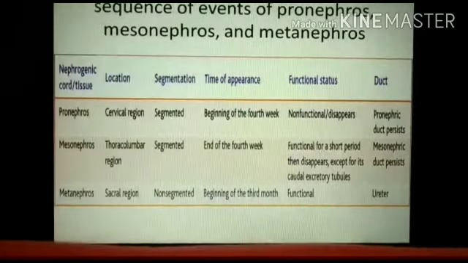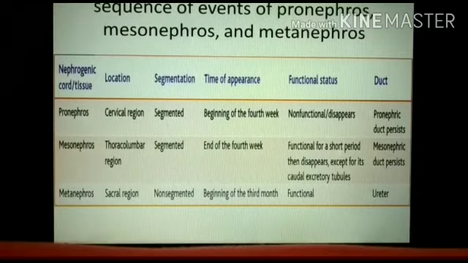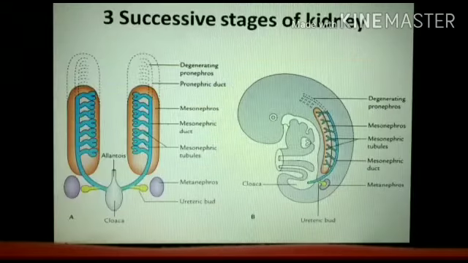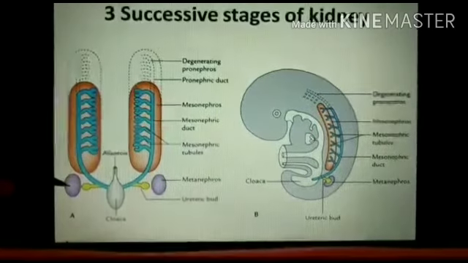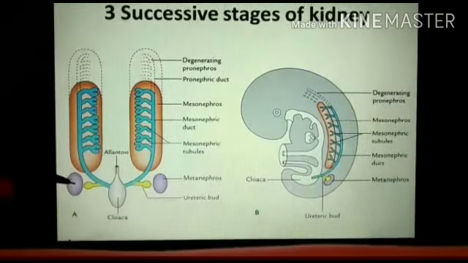Now, if we see pronephros, mesonephros, and metanephros. The pronephros, which appears at the beginning of the 4th week, is present in the cervical region and is segmented. The mesonephros, which appears at the end of the 4th week, is present in the thoracolumbar region, and the metanephros, which appears at the end of the 5th week, or according to some books,